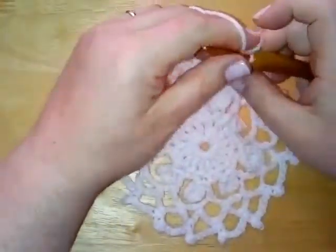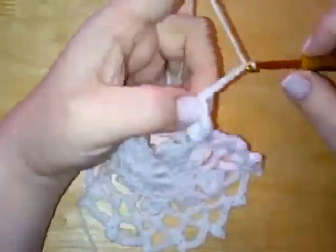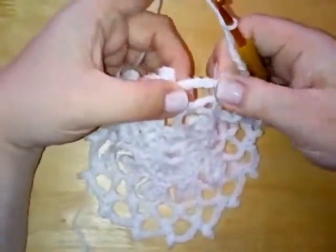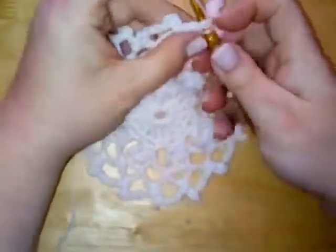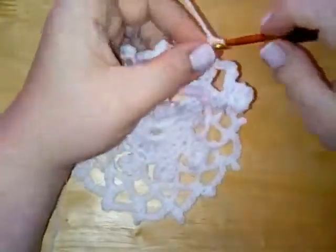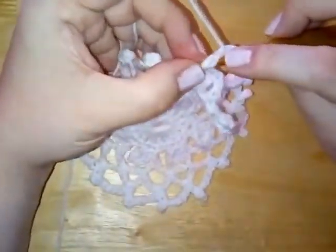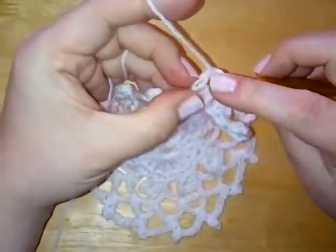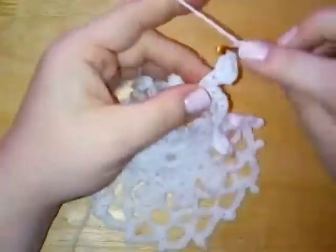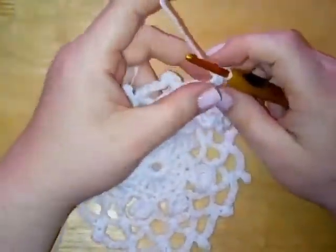Okay, now we're going to get into our repeat. So to do that, we are going to chain 7. And then we're going to do a single crochet into this chain 5. So we're going to skip over the top of the picot and do a single crochet in this chain 5. Okay. And then we're going to do a cluster. So chain 3, 2 double crochet in the bottom chain. If you can get your hook into the chain. There we go. 1, 2, and chain 3, and slip stitch into that same chain at the bottom. And there's your cluster. And then you're going to chain 7,